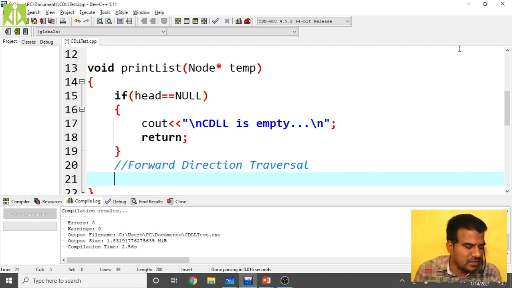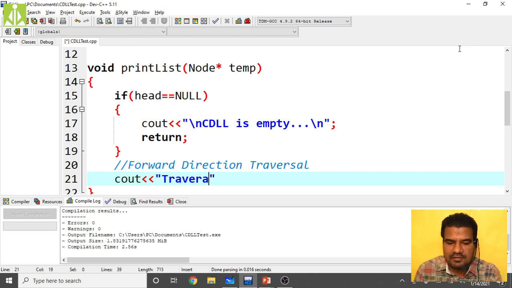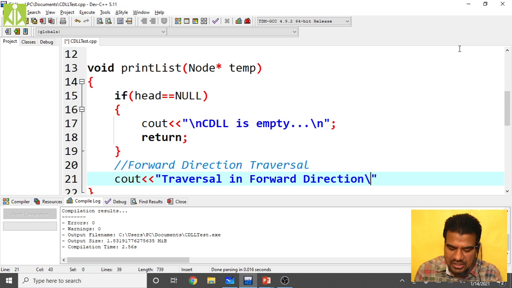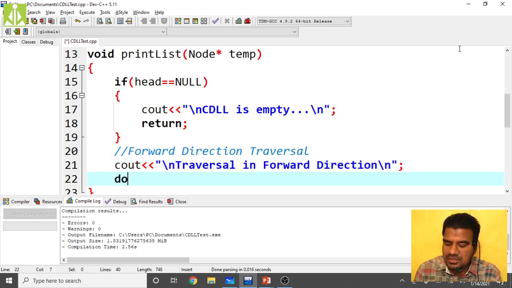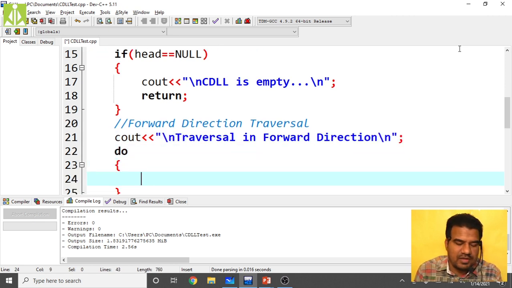We can print a simple message that we are doing the traversal in the forward direction. "Traversal in forward direction." Take a \n. Here also you can put a \n, go to the end and put a semicolon. Next, do of, what do we have to do?